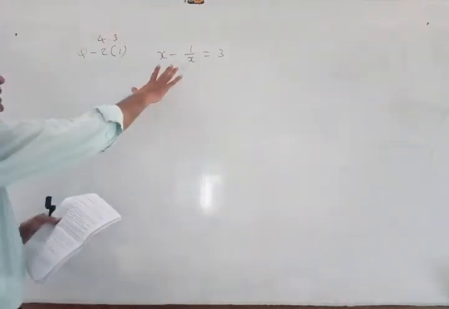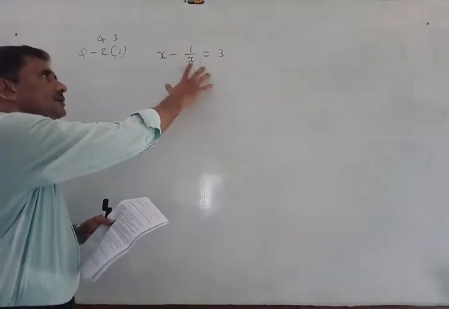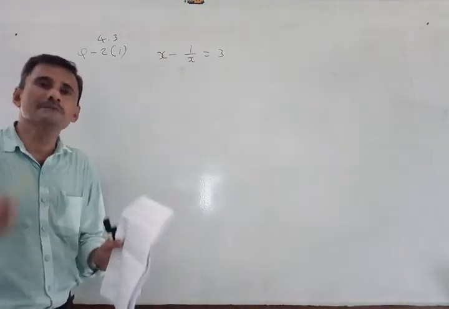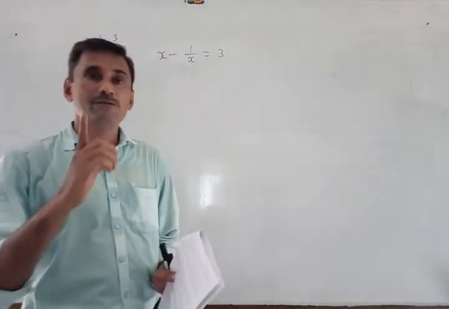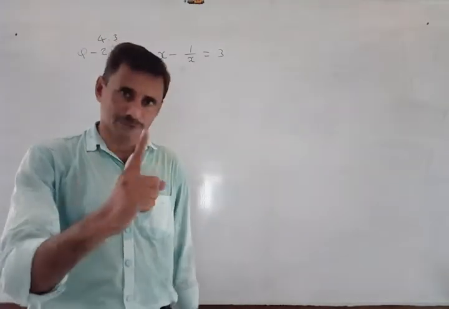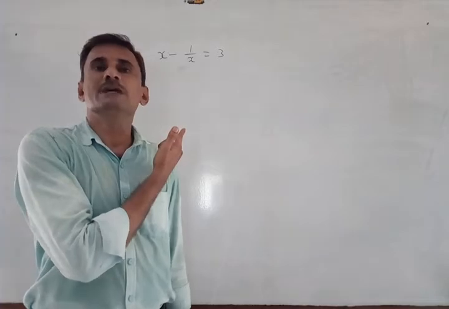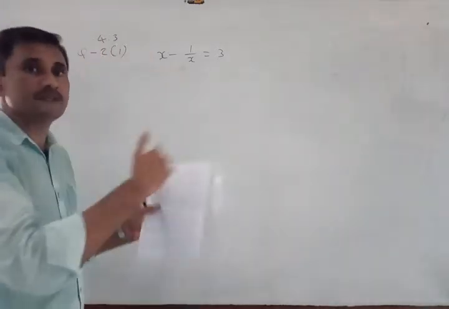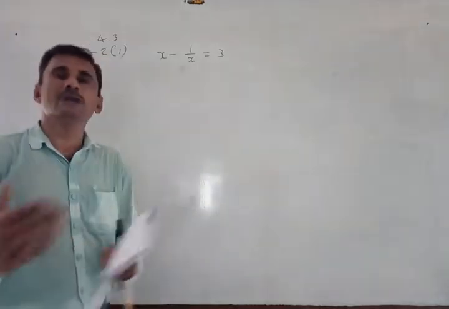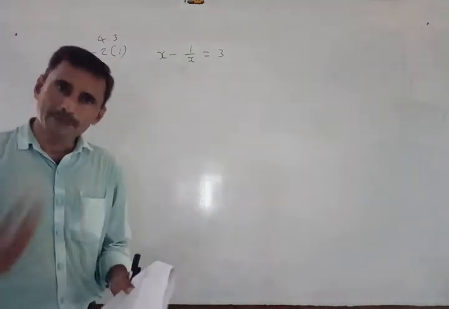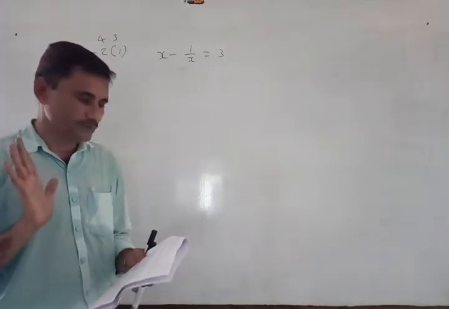Now, this is a quadratic equation only, but not in standard form. So we have to simplify first of all. At the very start of this lesson, in exercise 4.1 question number 1, we did this type of practice already. How? By taking LCM, by shifting. So at last we will have a quadratic equation in standard form. After that we can solve it.